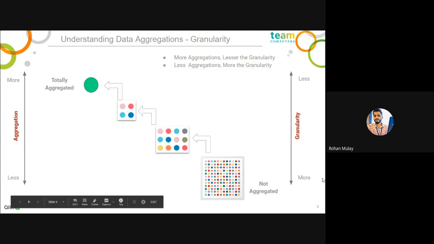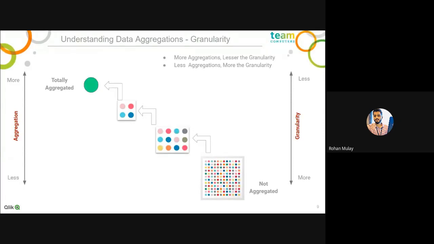You can see this diagram is very self-explanatory: the more aggregations you are performing, here on the right-hand side the granularity is reducing. The lesser the aggregations, the more the granularity. If you are applying less group by, the data would be at a more detailed level, but not necessarily do all the reports that you have in QlikView require this detail level data.